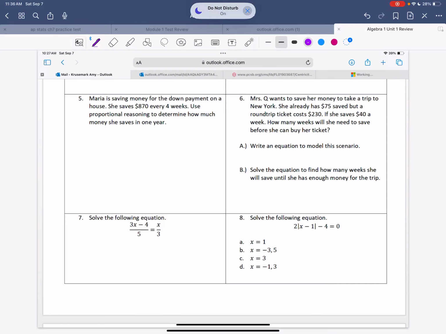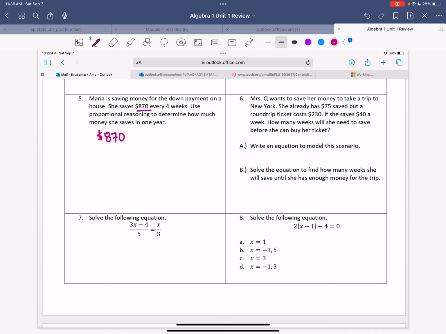Hey guys, we're going to do 5, 6, 7, 8, and we're still on Algebra 1, Unit 1 review. Okay, so it says Maria is saving money for the down payment on a house. Good for Maria. And she saves